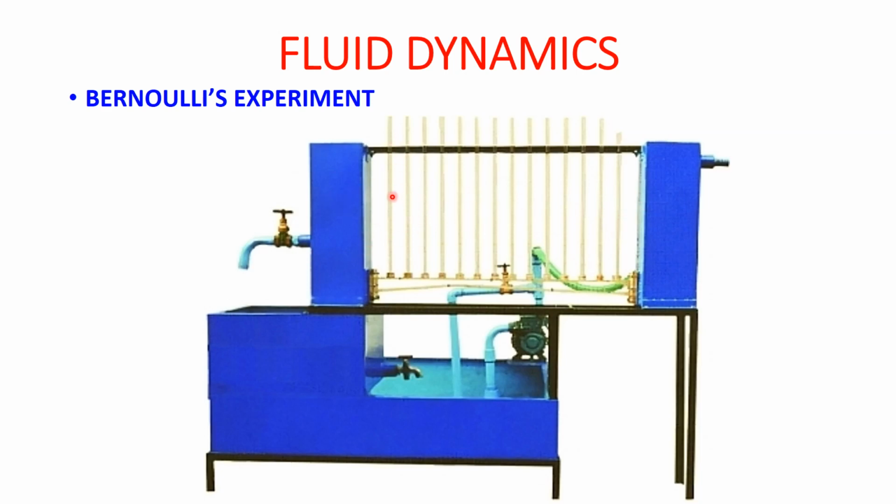Now we have to see that, suppose this is the section 1 pipe, as the area at section 1 is more, the velocity will be less. At the same time, the area at section 2 is less compared to section 1, so the velocity will be more. So what does Bernoulli's theorem tell us? It directly gives us that the total energy at section 1 will be equal to the total energy at section 2, and up to the total energy at section 14.